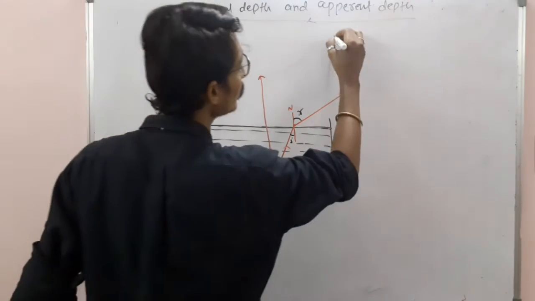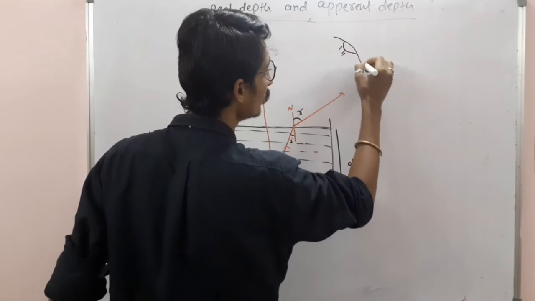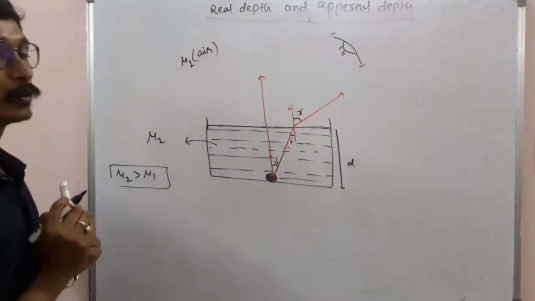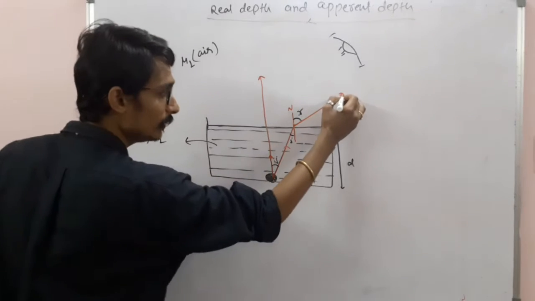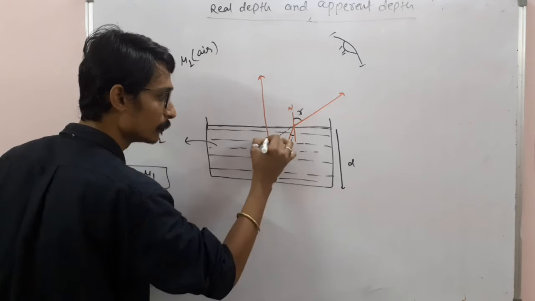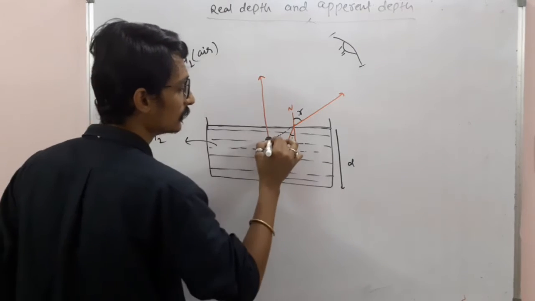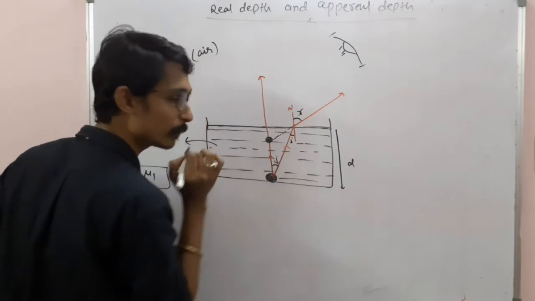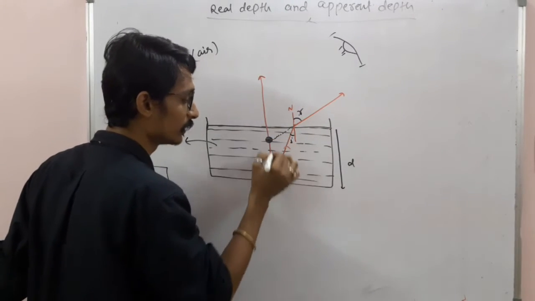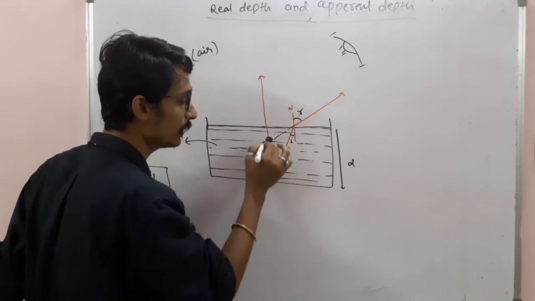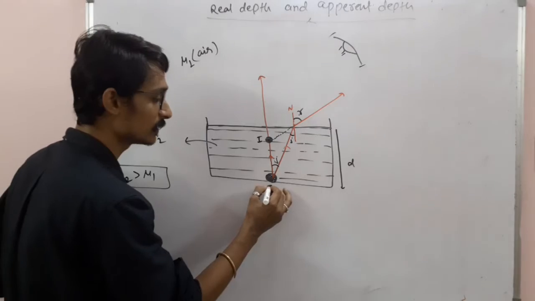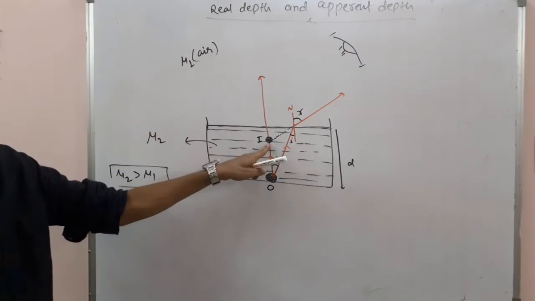Let's see one thing. If an observer is watching from somewhere here, then what will be the position of this coin? When we backtrace this ray, it will meet somewhere at this point or not? See, if we backtrace that ray, it will intersect the other ray at this point. Any confusion at this point? Okay, so here they are intersecting. So definitely, if this is the coin as the object, then this is the image of the coin.